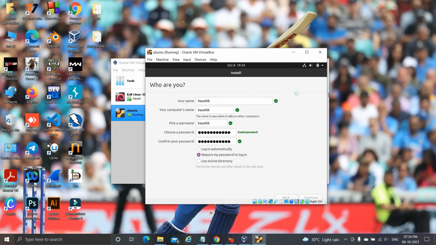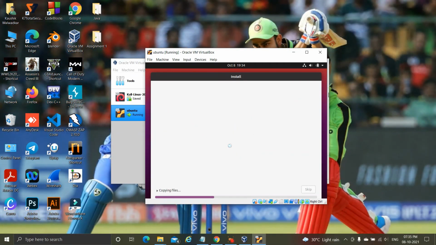It will install and copy the files, and there will be a window that says welcome to Ubuntu.